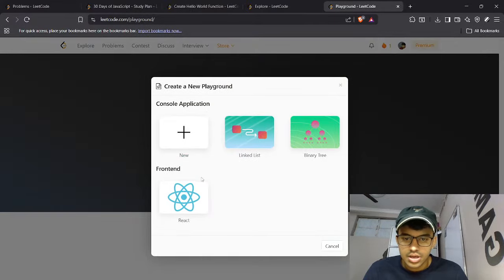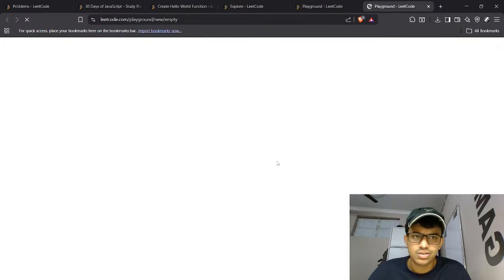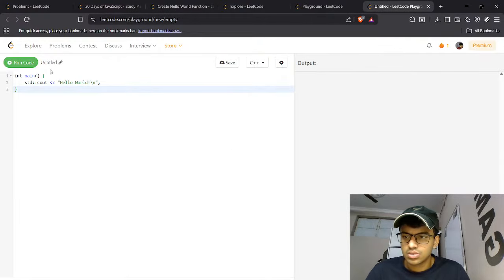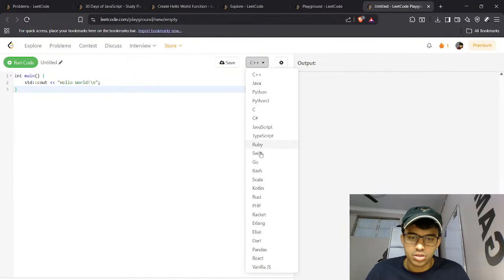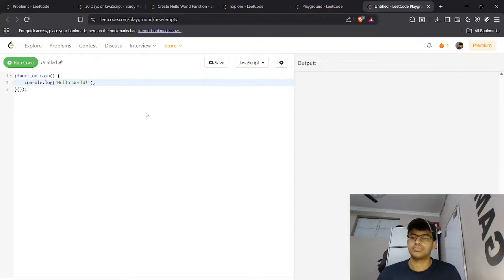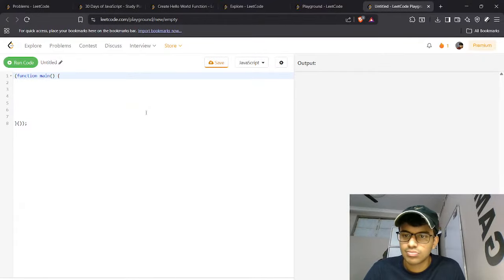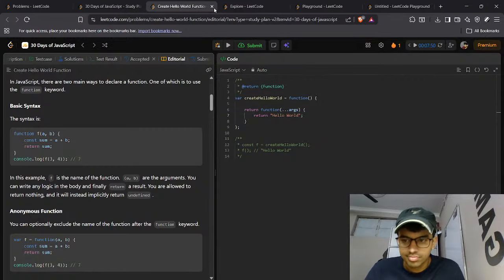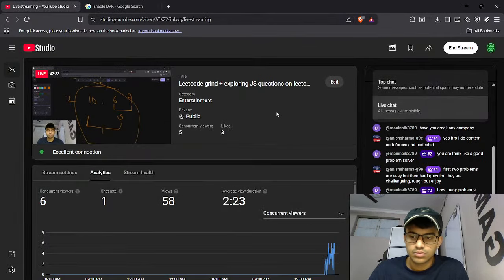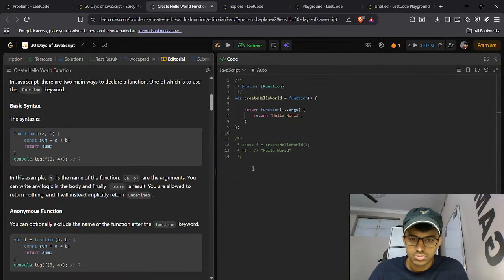New playground. Console application. What is this? Not C++. We want JavaScript. Okay. In JavaScript, there are two main ways. One is to